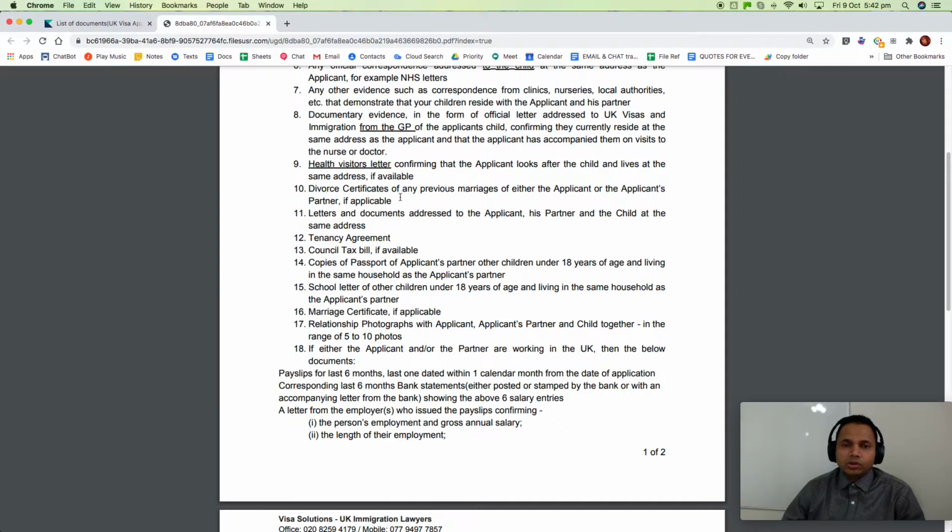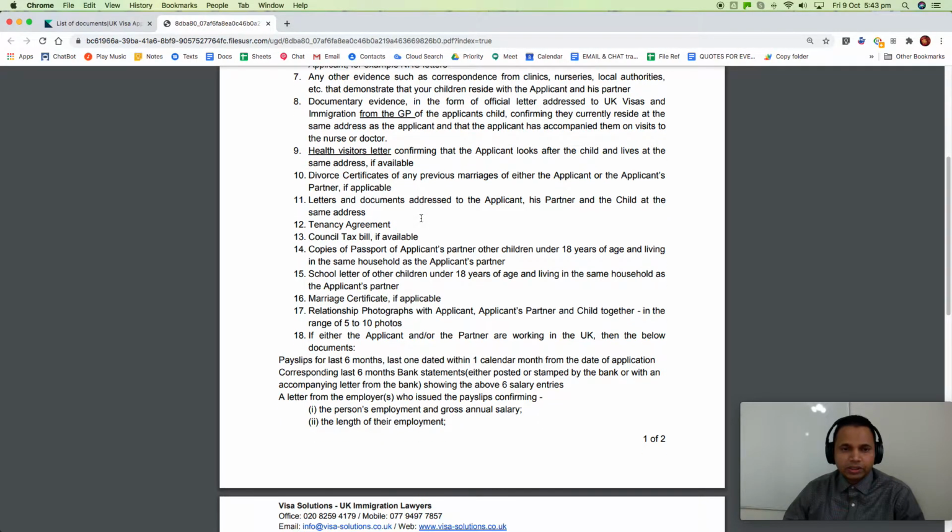One important thing is the parents can be unmarried partners or they can be married, so it doesn't matter. They may have cohabitation evidence, they may not have cohabitation evidence. It really doesn't matter. The main focus is on the child and the child living with the applicant and the other parent and all of them living together as a family. That is the main focus under this part of the application.